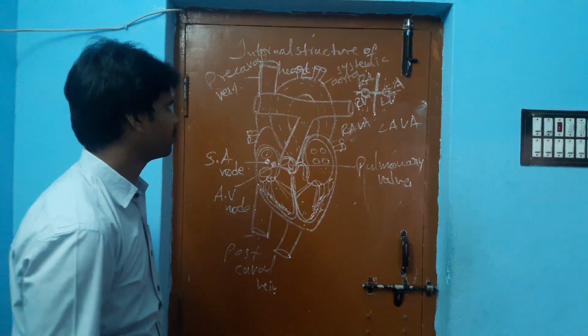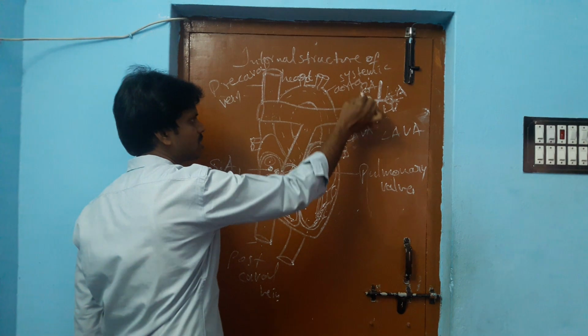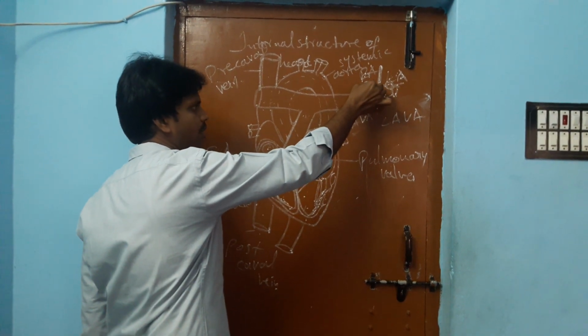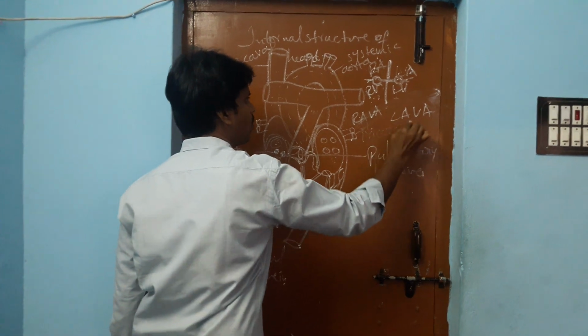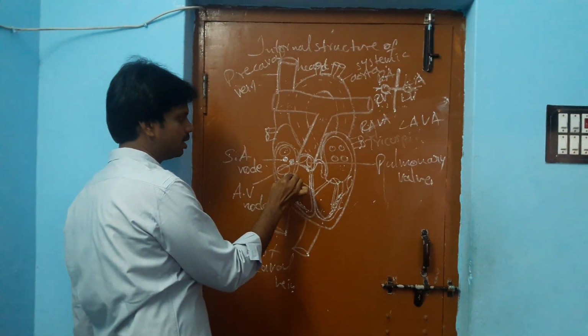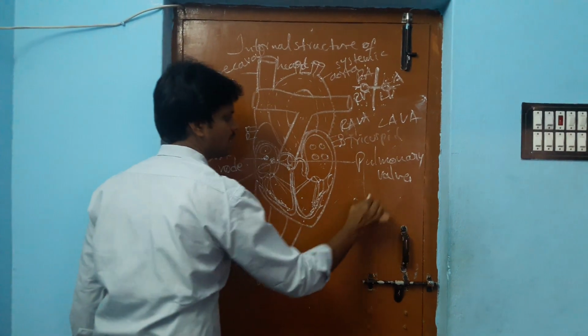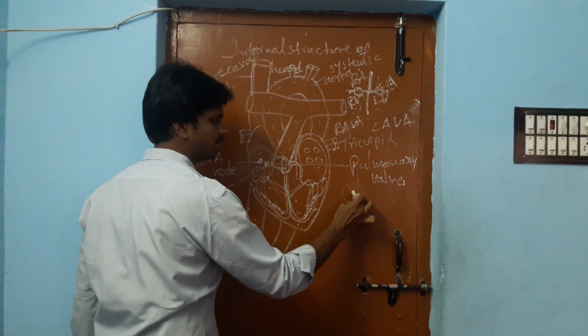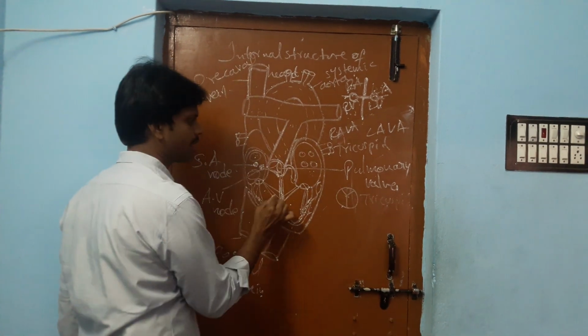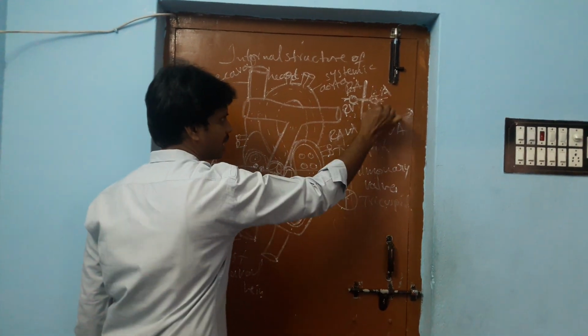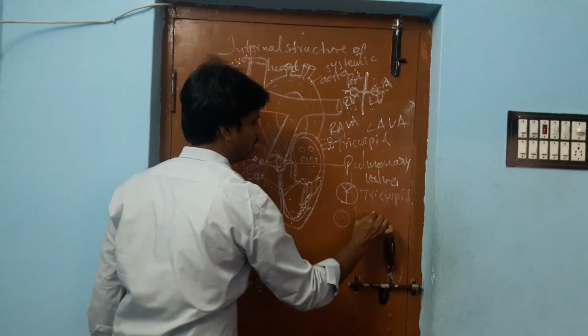of our body. The right auricle opens into the right ventricle through the right auriculoventricular aperture, which is guarded by the tricuspid valve. There is a valve in the right auriculoventricular aperture which is called the tricuspid valve. You can see 1, 2, 3. This is the tricuspid valve, present between the right auricle and right ventricle. And between the left auricle and left ventricle there is a bicuspid valve.